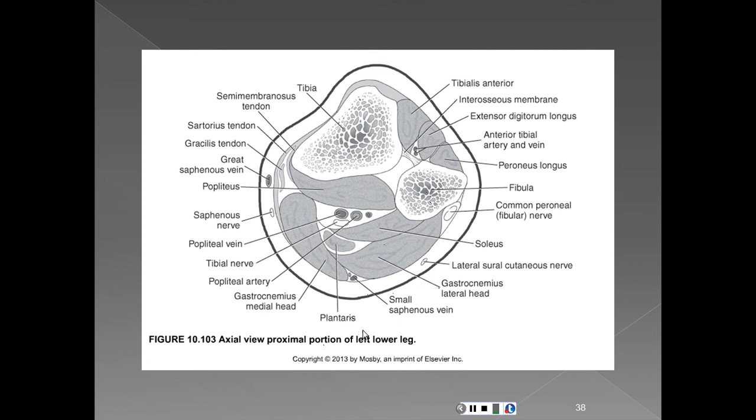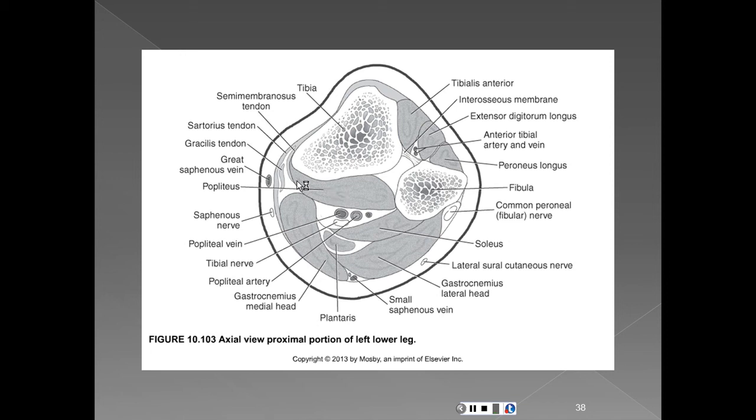So, axial view of the proximal portion of the lower leg. We're still up high, and this is an illustration. I like illustrations because they can clearly identify the borders of structures. So we have the tibia, the fibula, the soleus muscle, which lays distal, or deep, to the gastrocnemius muscle,